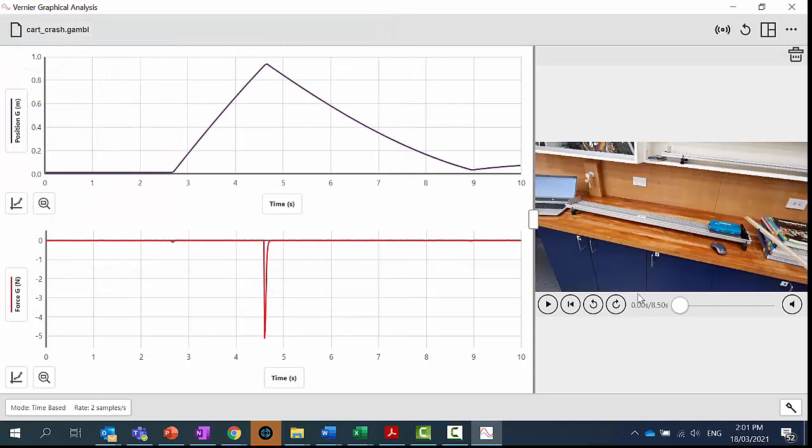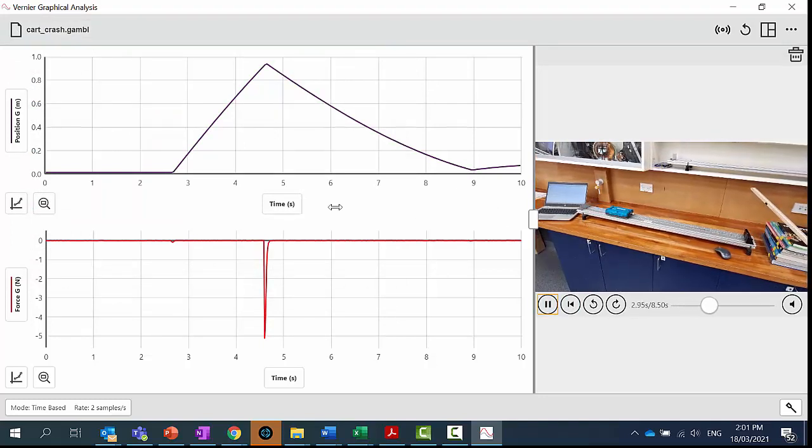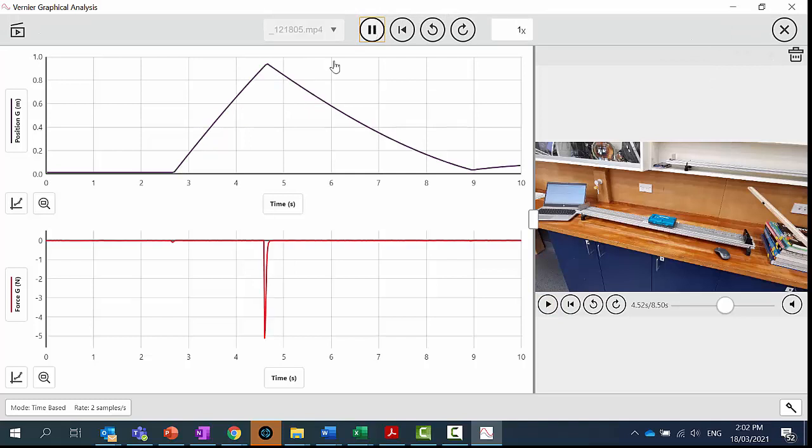You can see that it's a smart cart crashing into a wall and then bouncing back, but you'll notice that the video is not connected to my data. And so to make that work, I have to click this little replay button up here, and then if I click play, you see my data disappears and then it kind of appears in live time, and so this is going one direction, colliding, coming back,